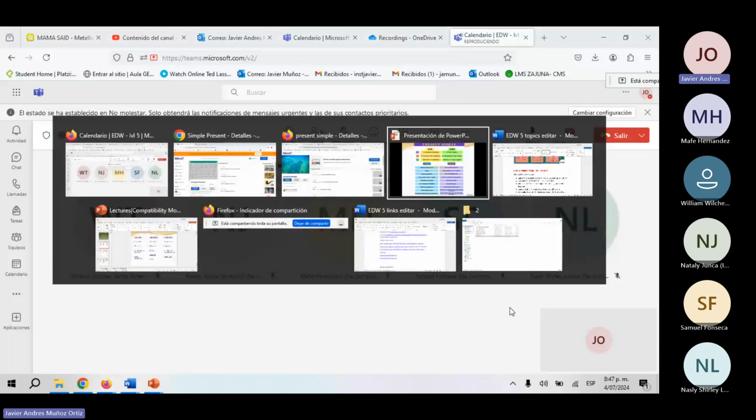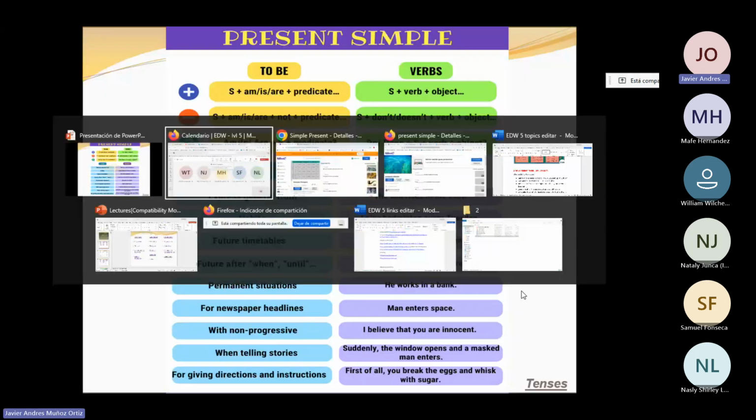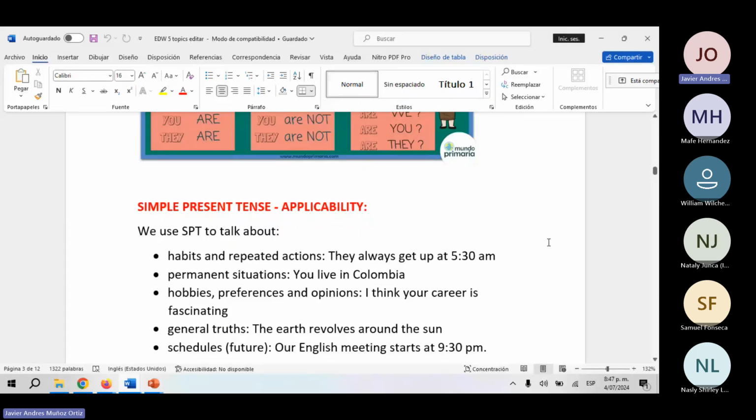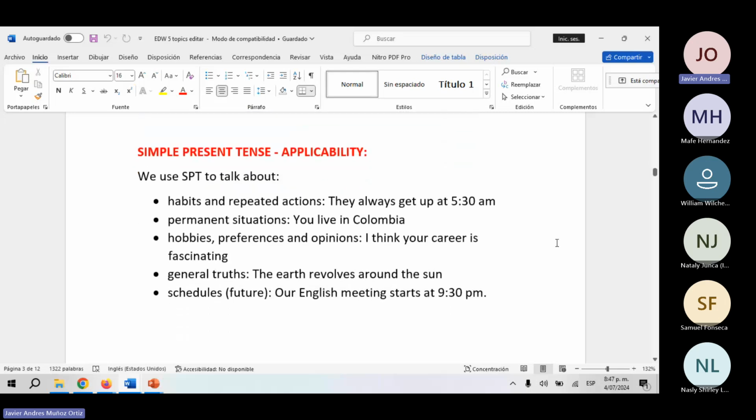Let's continue then. Okay, so to talk about simple present tense, the second part, the B side of the cassette. I'm living in the 90s, so I'm sorry. We use simple present tense for 5 reasons. The first one is to talk about repeated actions or habits. Something that's going to be repeated in time many times. That's something almost permanent.